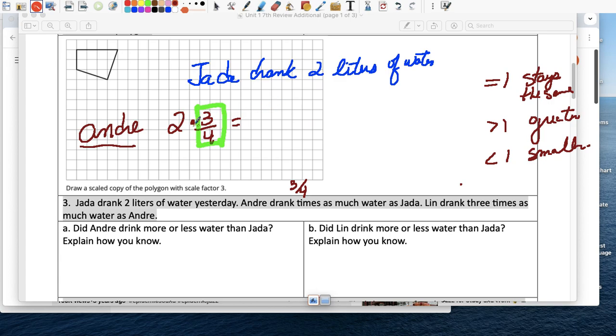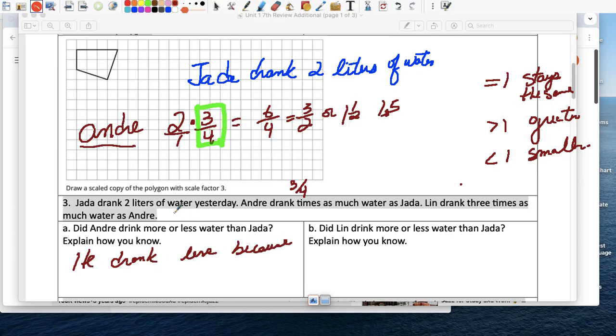2 times 3 is 6. Again, you can put this over 1. 2 times 3 is 6, 1 times 4 is 4. If you simplify this, it becomes 3/2 or 1.5, however you want to look at it. So it's 1.5, less than Jada or more than Jada? Did Andre drink less or more than Jada? Well, he drank less